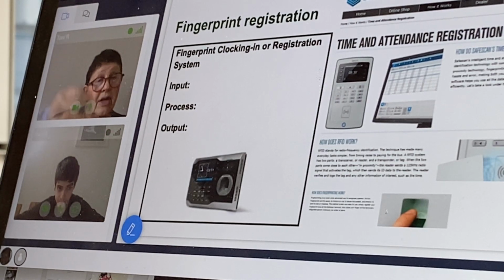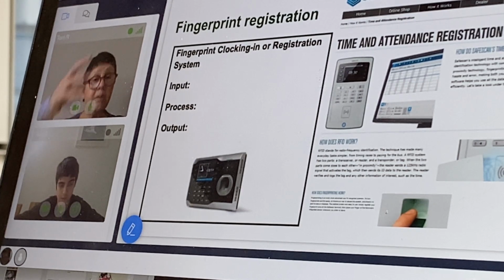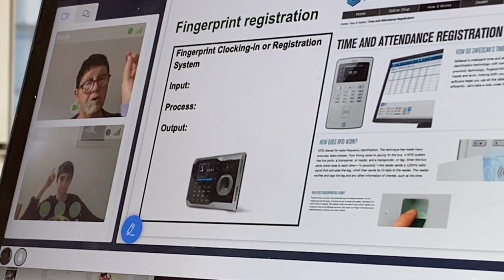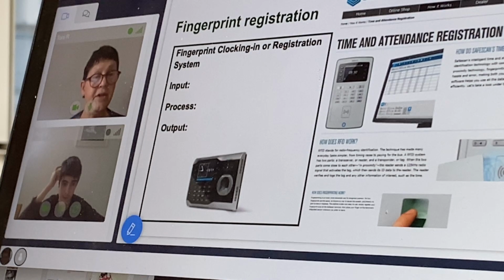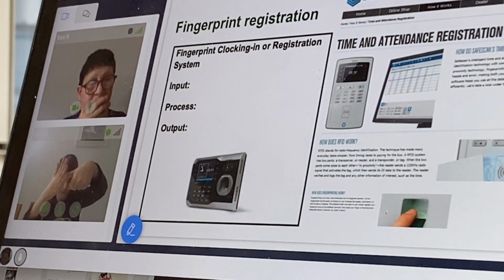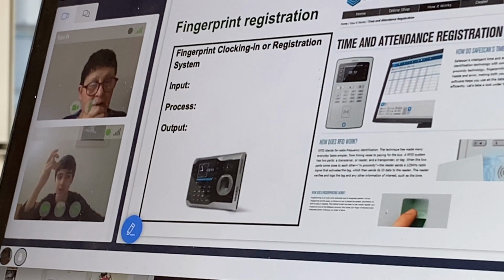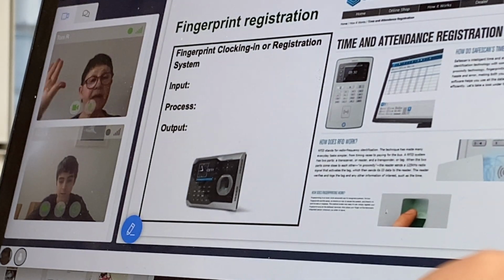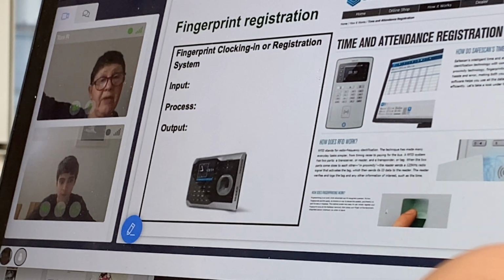So instead of the student having to take money in, your parent pays a certain amount into an account. So you have an amount that you can spend, and then you come along, put your finger on, and the computer system recognises you. Yep. For my one, you had to bring coins, and then there was this machine. Yeah, you had to first put your finger on it to detect who it was, and then you put the money in, and then it goes to your account. Good. But was that separate? You had your fingerprint, but also if you ran out of money, you put